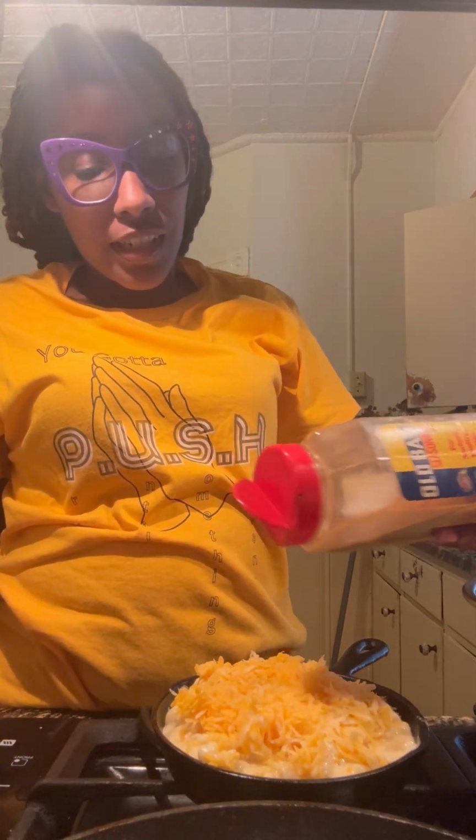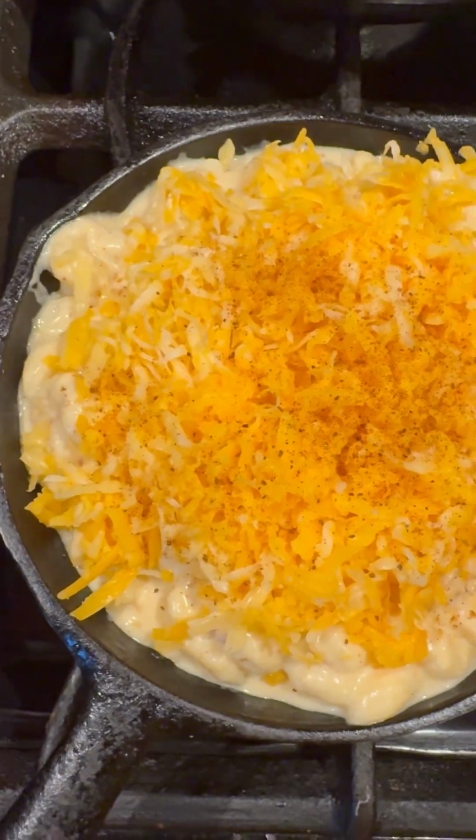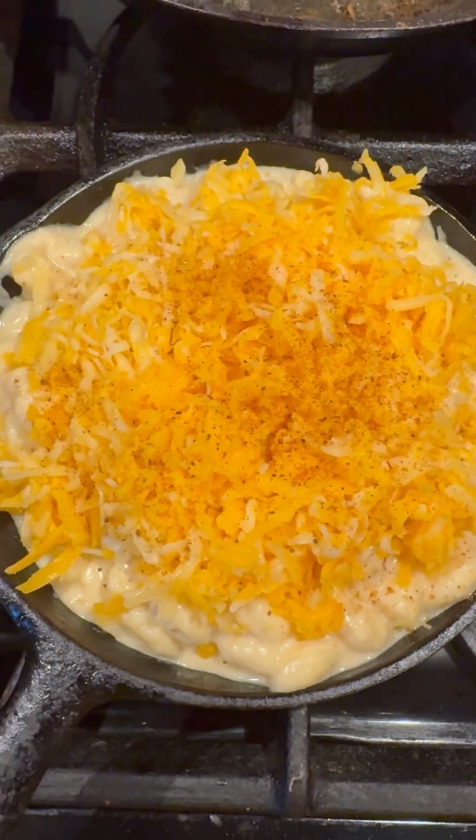Alright, I'm just pricking a little bit up here. Alright. So this is what it looks like before it goes into the oven. I'm using the cast iron skillet because it holds all the heat in it, so it can bubble and get all gooey and ooey, like cheese does. That's what we want it to do. While I wait for the oven to get hot,